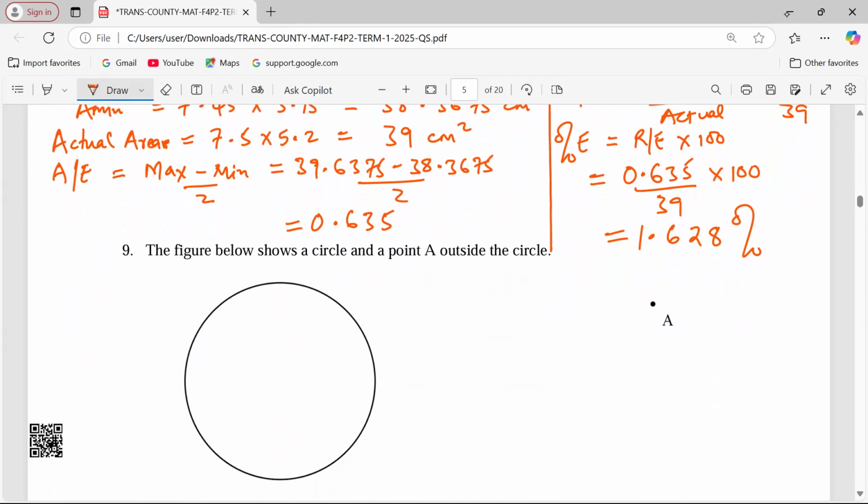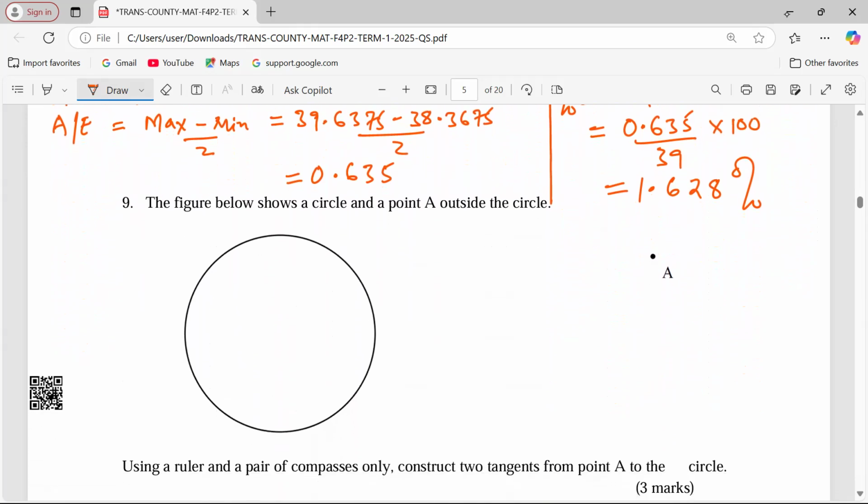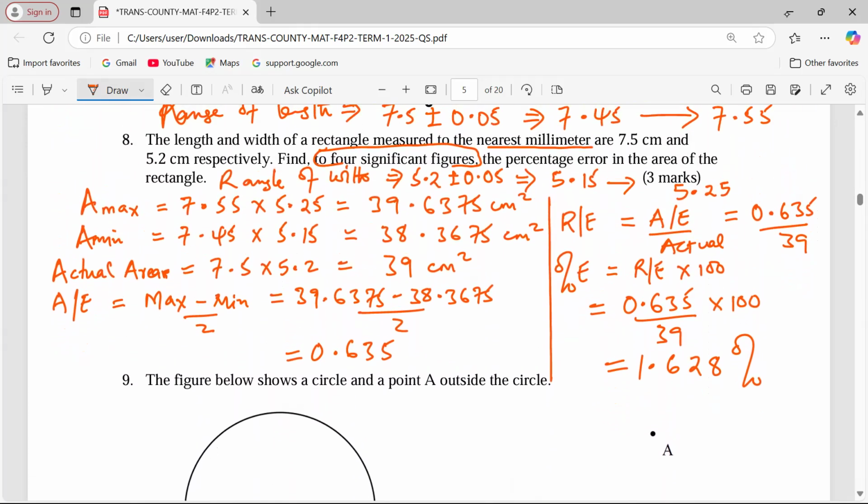Very good. You see? So our work is very decent. It's good for me to remind you something. Whenever you are working out this topic, it's good for you to be fully prepared. You might think it's a totally paper 2 concept, but sometimes it will fix you with a paper 1 concept. In this case, they will give you the radius and height of a cone. Then they will tell you to find the percentage error in the volume